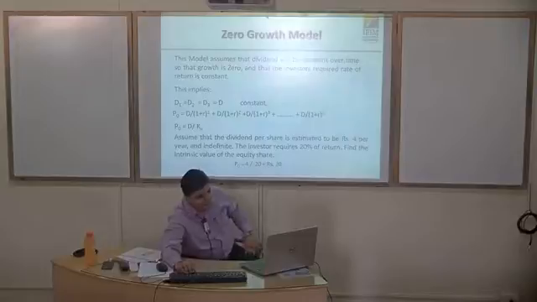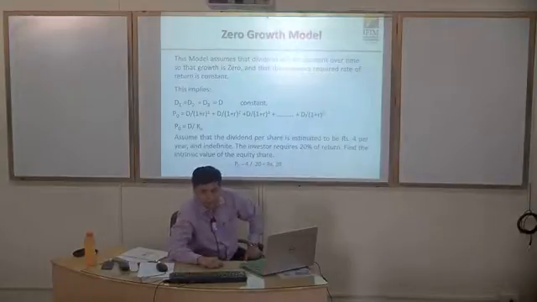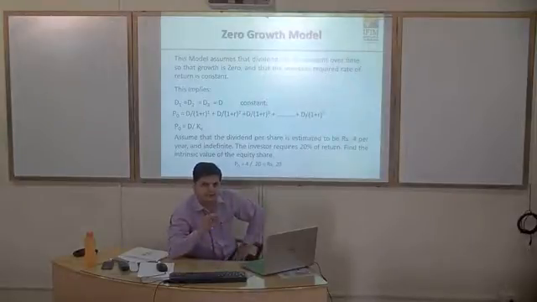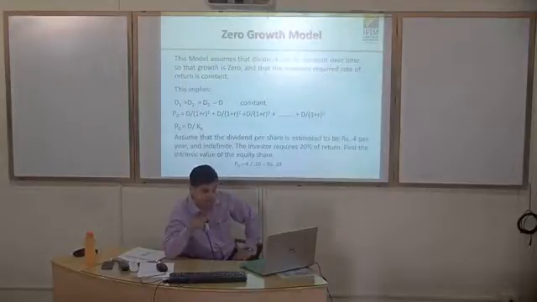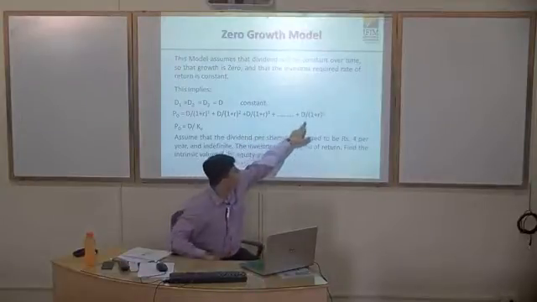Okay, this implies D1 equals D2 equals D3. It's constant. Every year I am getting the same amount of dividend irrespective of the life of the company and the growth that it looks at. So we are looking at zero growth basically. So if we are able to pay 10 rupees as dividend per share, we maintain 10 rupees every year. So that's constant. So the formula becomes D divided by (1 plus R) to the power of 1, for the first year, the second year, third year, up to the nth year.